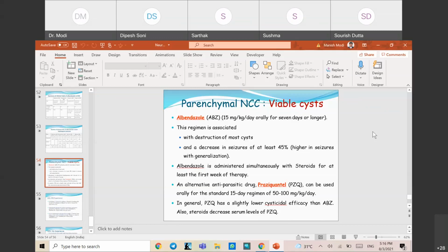Same is true for ocular NCC. I have not touched that. I should have, I think in the next slides, probably because of time. So same is true for ocular NCC also. The modality of choice is surgical removal. You diagnose it through ophthalmoscope or through ultrasound, and then remove it because they can lead to